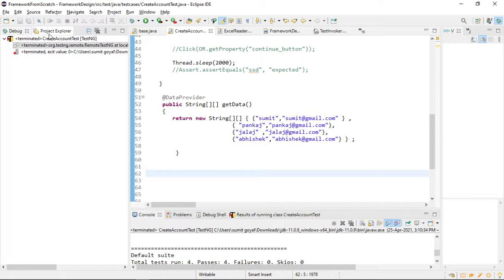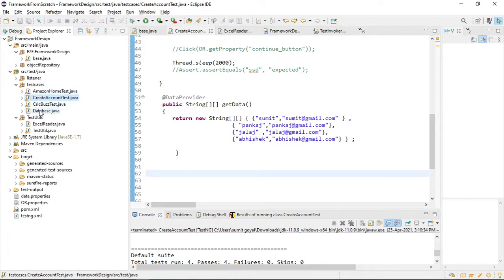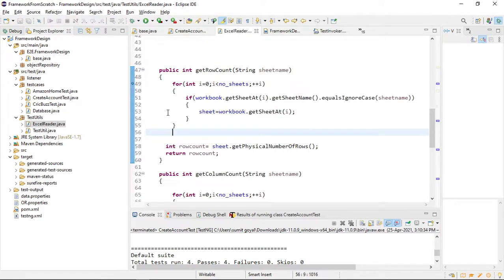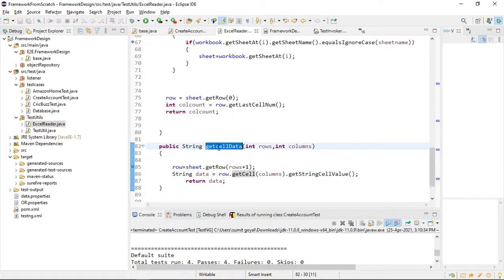So first of all, what I have done, I have created one test util class. If you see here, I have created one package. Earlier, yesterday, we have not done that. So today I have created one test util package inside our source test Java, and here I have provided the Excel code. This Excel code we have already seen, in one of the classes, how we can read the data from Excel. In this code I have made some changes, and I will explain them when we debug the program step by step. It will give me the total number of rows, total number of columns, and it also has one method which will help you get the data from the Excel sheet.